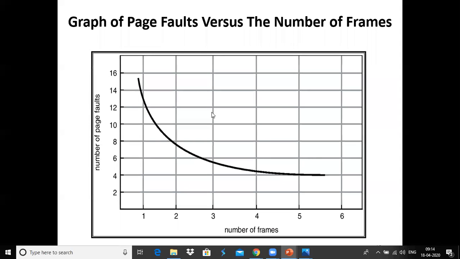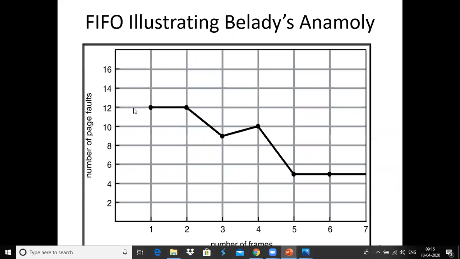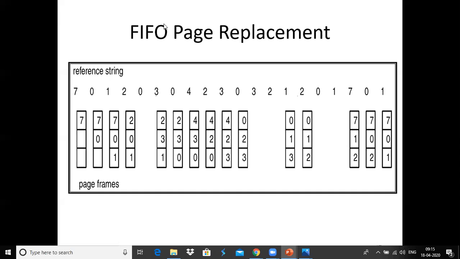The first algorithm is FIFO page replacement, meaning first in first out. The memory reference that enters the initially empty frames will go out first. Means the page that enters the empty frame first will be out first. This is the one, because the name is first in first out.